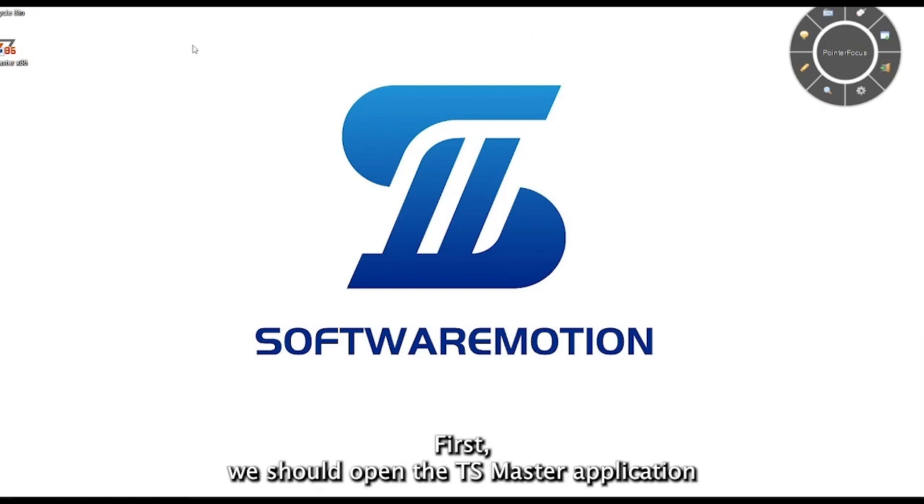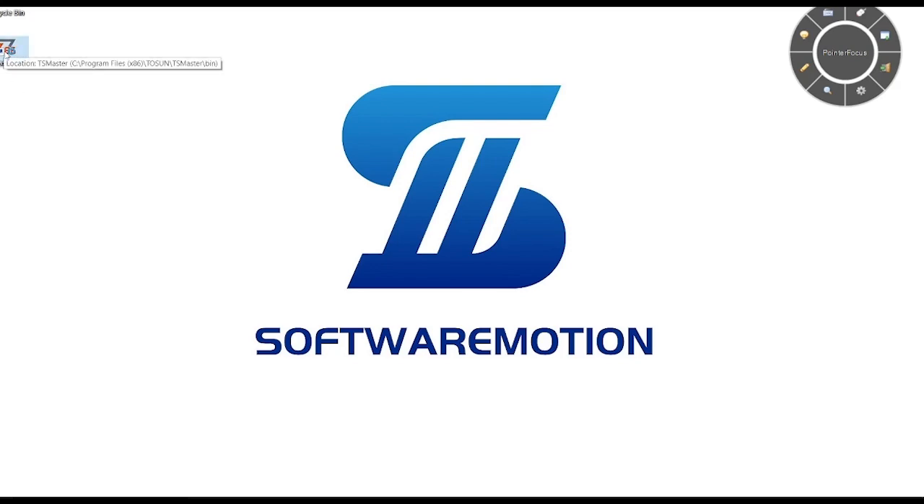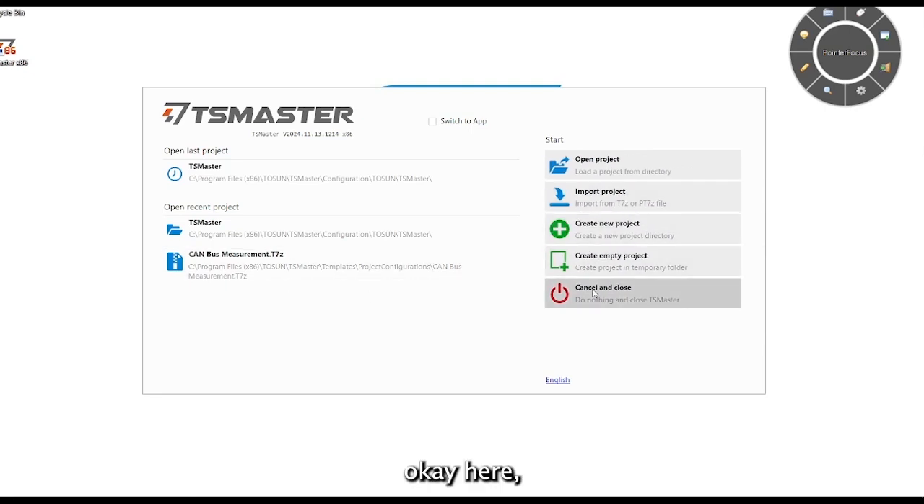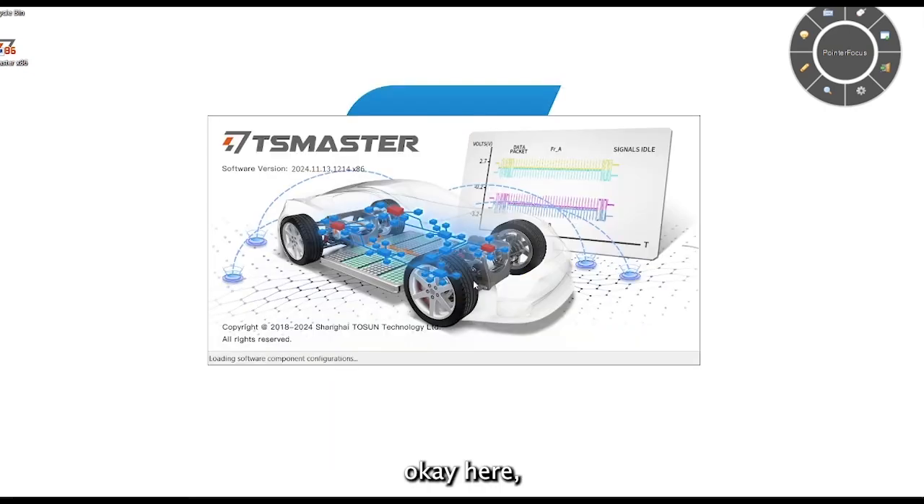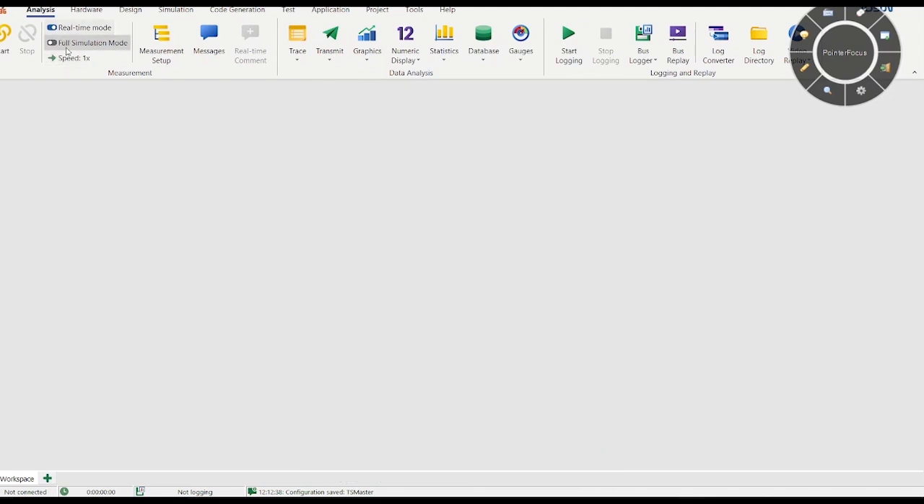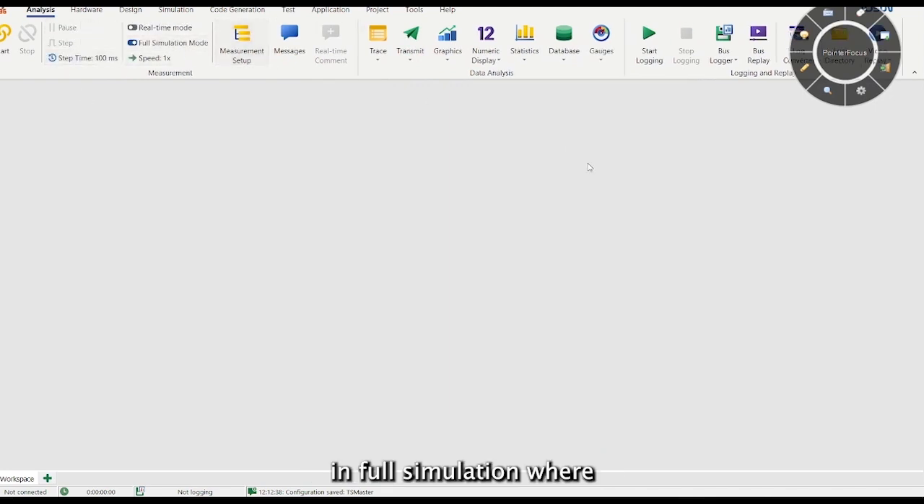First, we should open the TS Master application. After we see a second, we click OK here, and you can click here, create new project, empty project. After we wait, double click to maximize it in full simulation mode, where in order to update your DBC file,